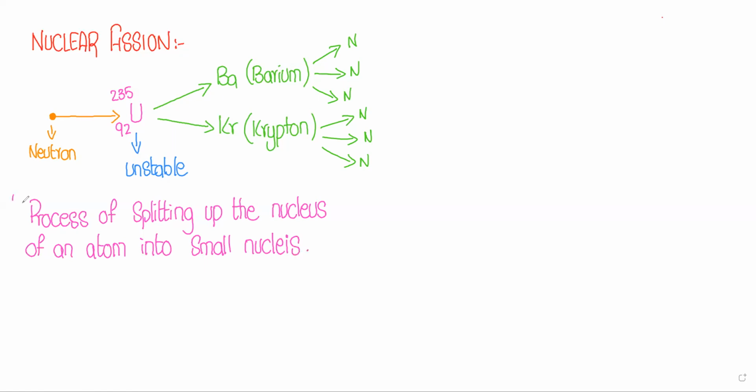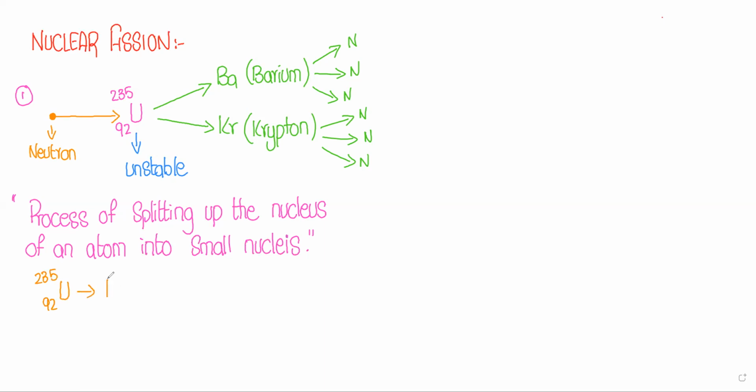So this is the simple statement of nuclear fission reaction, that in fission reaction we split up a large nucleus, or a single nucleus, into small nuclei, or into two small nuclei, and we already have the reaction over here, that we just bombard a neutron at uranium, and that uranium splits up into two small nuclei, that is barium and krypton. And this uranium, if we talk about uranium-92-235,